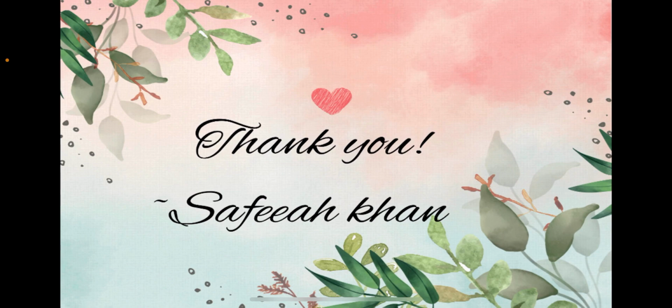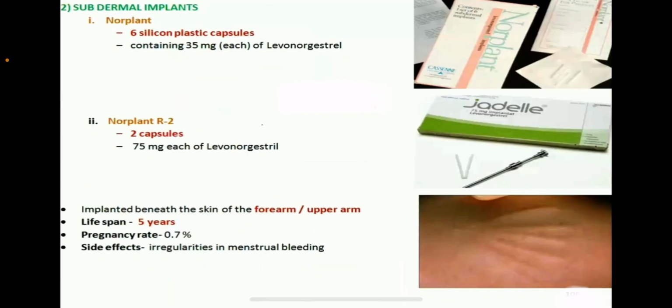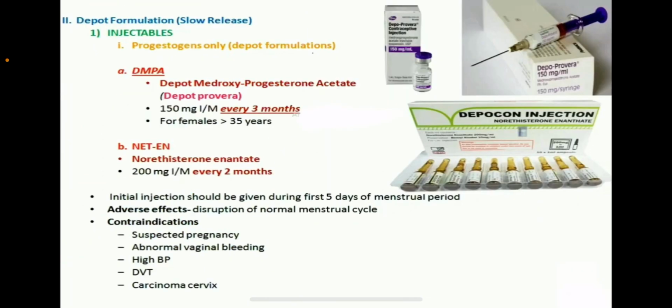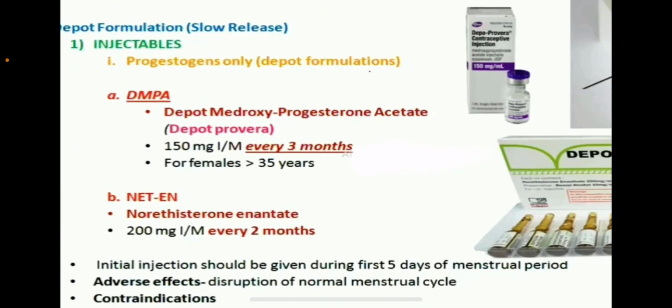With this, we complete the hormonal contraceptives. So, before completing the video, let us have a quick recap of the pre-PG questions. The underlined questions are our pre-PG questions. We remember the low dose. DMPA is given every 3 months, and DMPA is 150 mg.